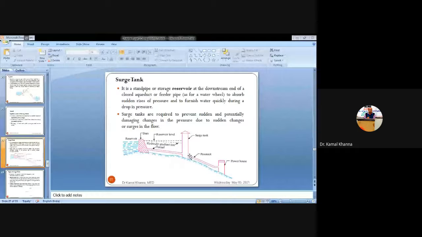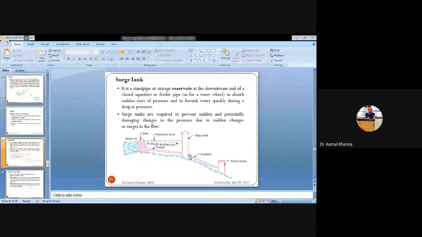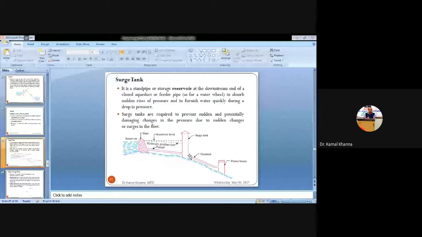But if we haven't installed a surge tank, you can see there is a very large difference in the height of the reservoir and the powerhouse. The powerhouse is at the ground level, whereas the reservoir is at the height of the dam. If you are striking the water from the dam to the powerhouse directly without the installation of the surge tank, you can see there will be very high velocity of water whenever it strikes the blades of the turbine. So it will generate a sudden rise in the pressure while the water travels from the tunnel to the powerhouse through the penstock, and it will create corrosiveness, and it will create pores.